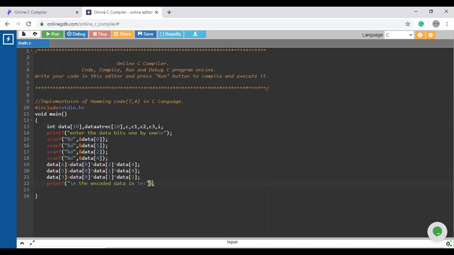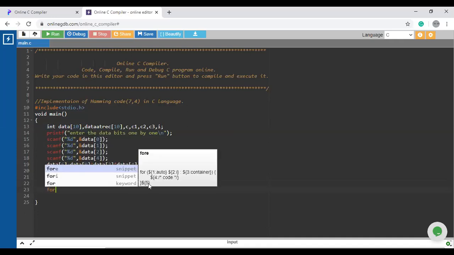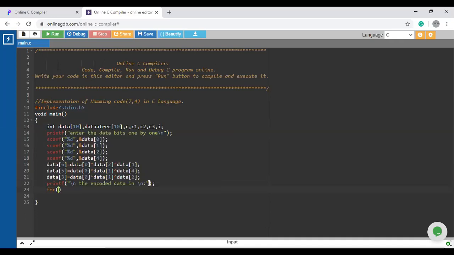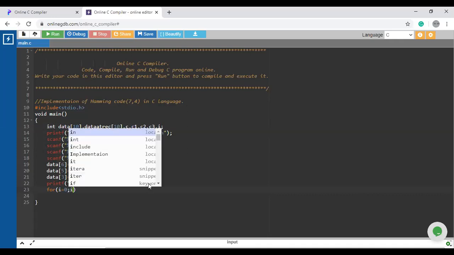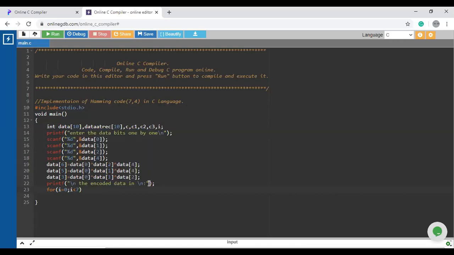So for this, I'll use a for loop for i is equal to 0 and i is less than 7, i plus plus.